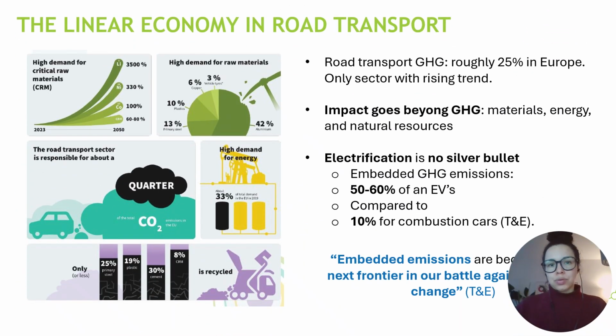So now let's look at the road transport sector and how the linear economy unfolds here. This is especially important because the road transport sector represents three quarters of the transport sector, at least in Europe. We can see that the sector alone is a major contributor to climate change and to greenhouse emissions, the so-called tailpipe emissions. This is a quarter of all emissions, and of course a significant contributor to the ecological footprint.